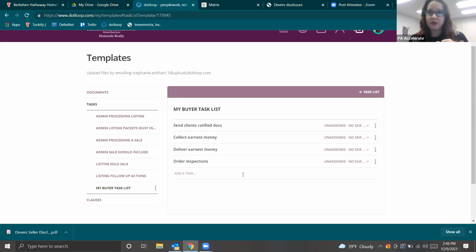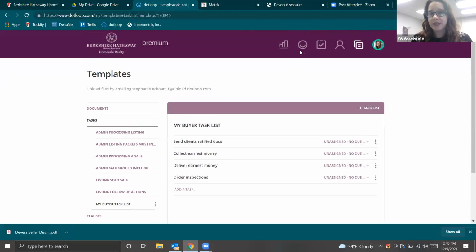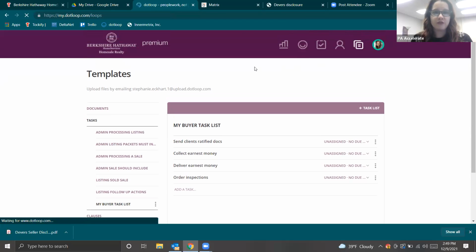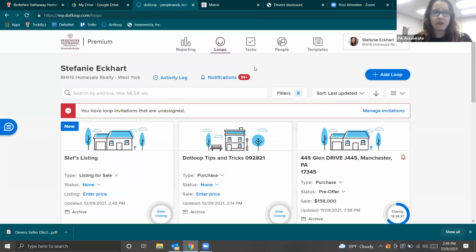So it's a really great way to, especially for the Accelerate people on the call, to kind of take the task lists that we give you and put it into a mechanism that will just always remind you for each transaction. Okay, so then I'm going to hop back once again to that loop just so that you can see how you would attach that